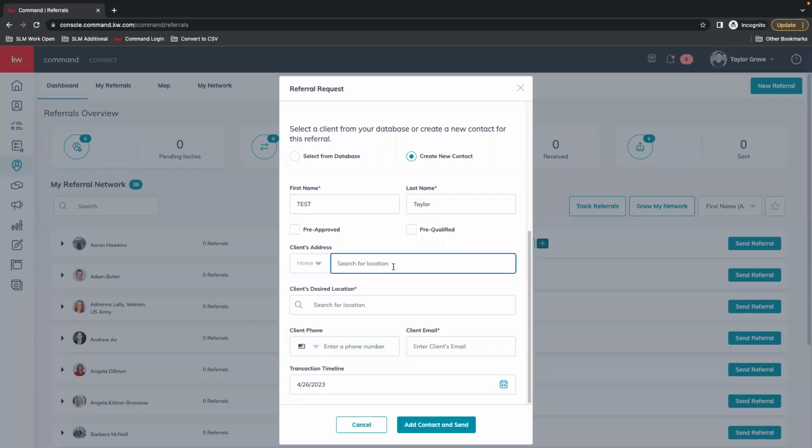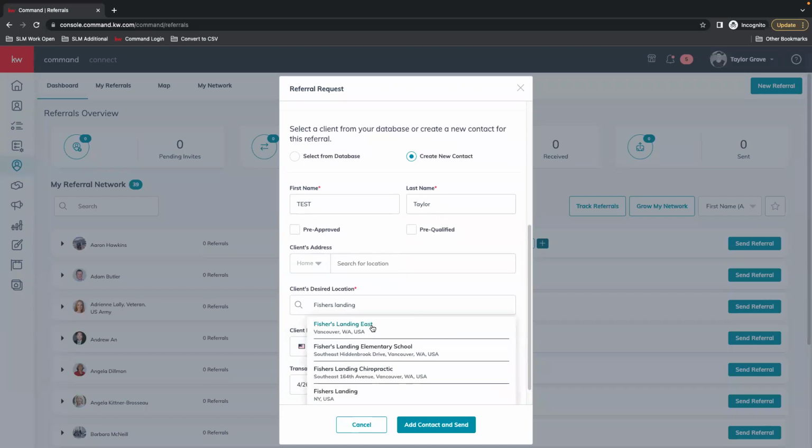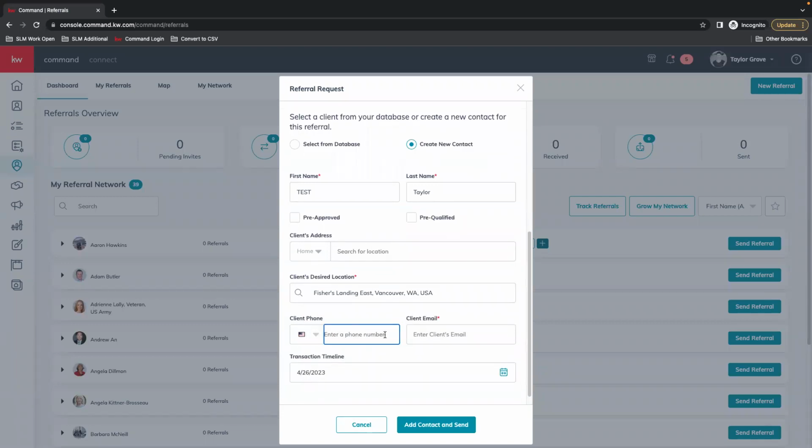Their current location, desired location, and you can skip some of these. You'll notice where the required information is. Contact information, and you need at least an email address. That one is required.